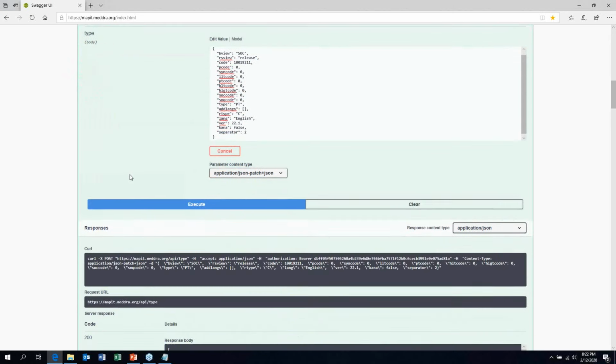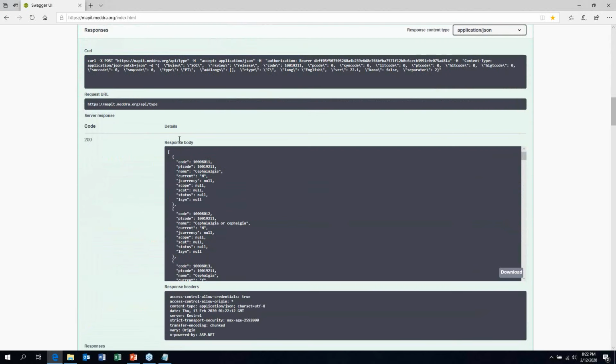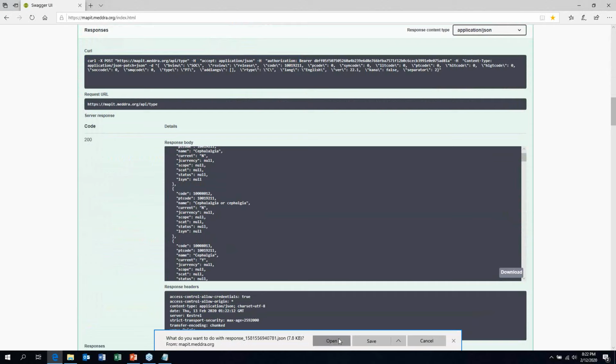And then when I execute that, you'll notice that I get the response body, which includes essentially all of the LLTs under PT headache. So I'm going to download that so we can take a closer look at that.